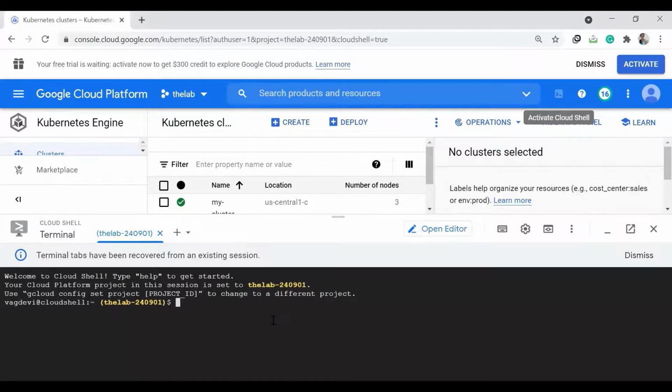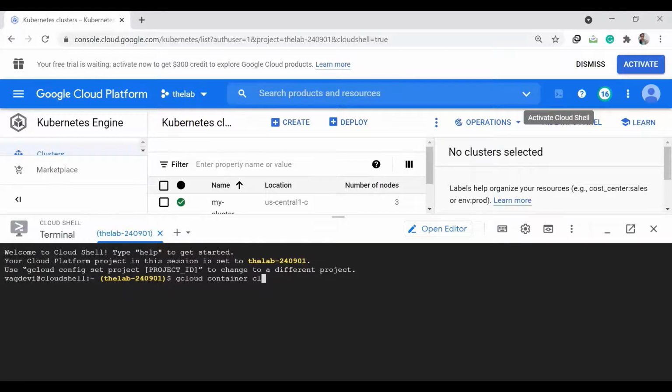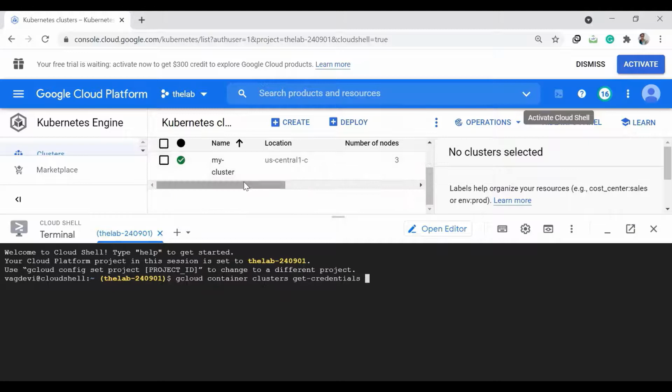So first of all, we need to configure this Cloud Console to interact with our project and our cluster, right? So for that, we shall use this command: gcloud container clusters get-credentials, then the name of the cluster, which is this one, right?